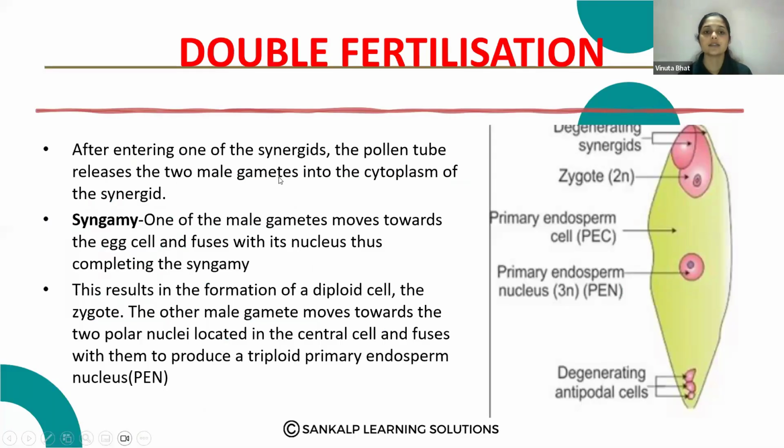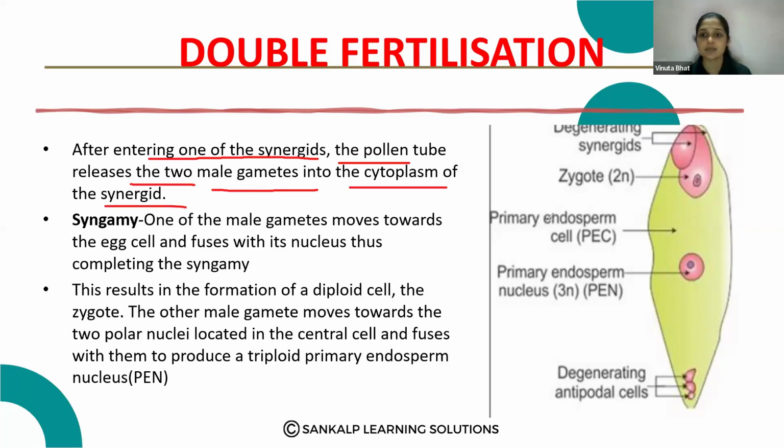You know the pollen-pistil interaction. When the right type of pollen grain is transferred to the stigma, that proceeds to the further development of the pollen grain, the growth of the pollen tube, and the release of the gametes takes place, right? So after entering one of the synergids, the pollen tube releases the two male gametes into the cytoplasm of the